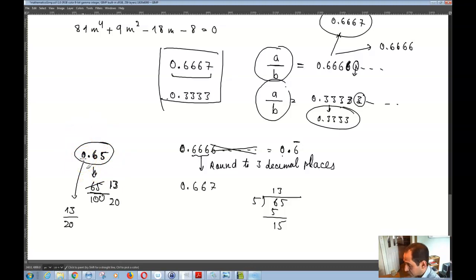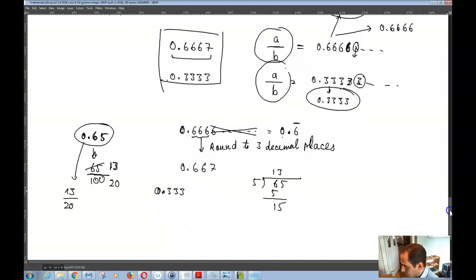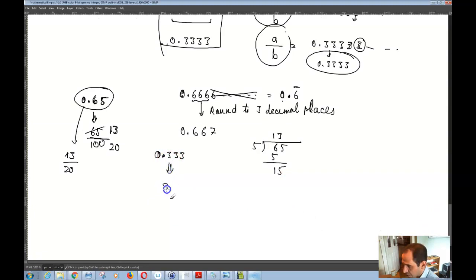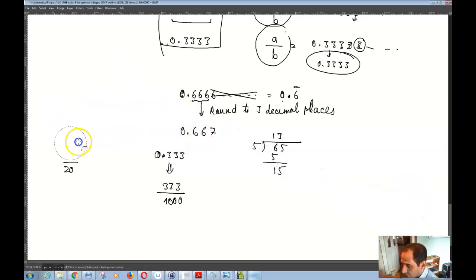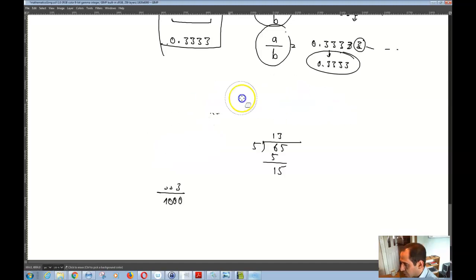For example, if you had 0.333, you could write this as 333/1000, and of course you cannot divide by 2 or 3. So that's basically the rational form of this number. So we have no problem with these, but when it comes to such numbers,